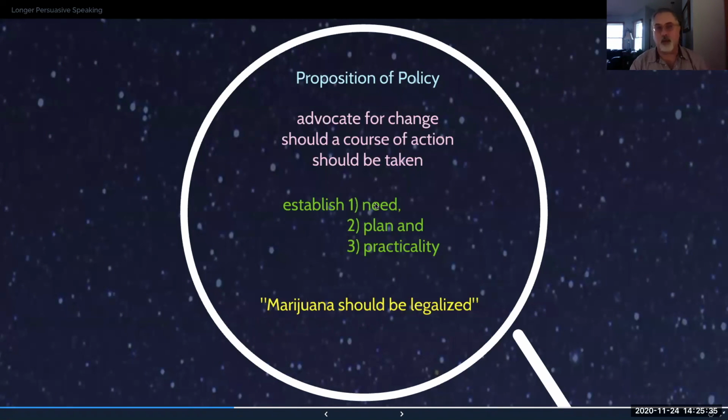We won't do that obviously in class because you're only going to do one speech. But if you ever are in a situation where you need to make some major changes, sometimes you have to hit value first and then you hit policy. And one builds on